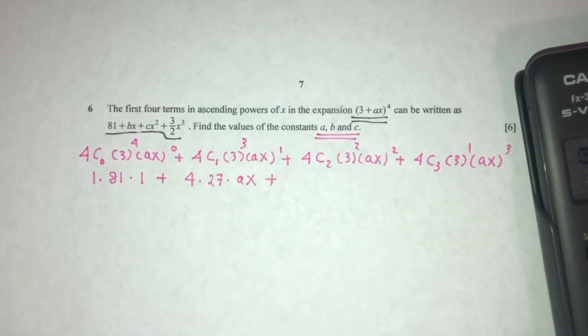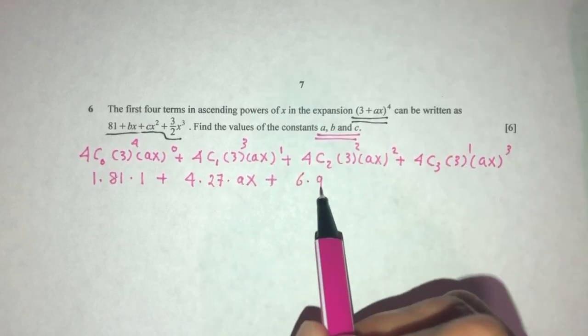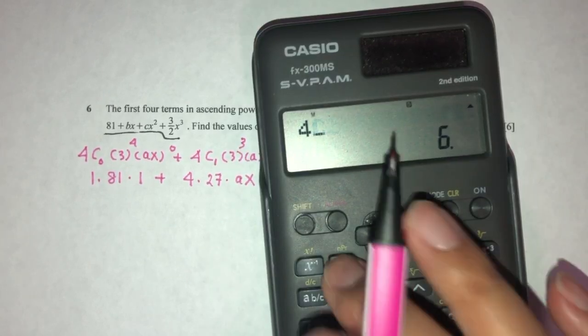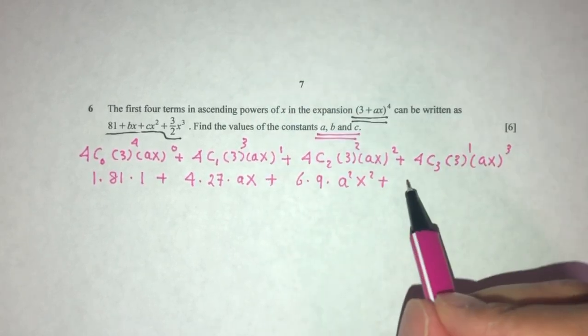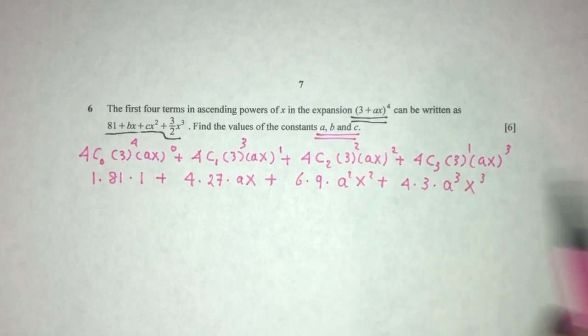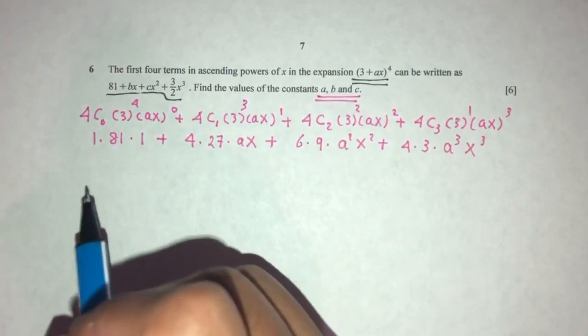Plus 4 choose 2, that will be 6 times 9 and a squared, x squared. Plus 4 choose 3, that will be 4 times a cubed, x cubed. Now simplify, be careful with this, values one by one. So that will become 81